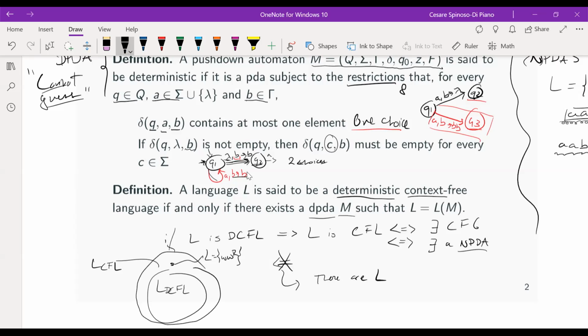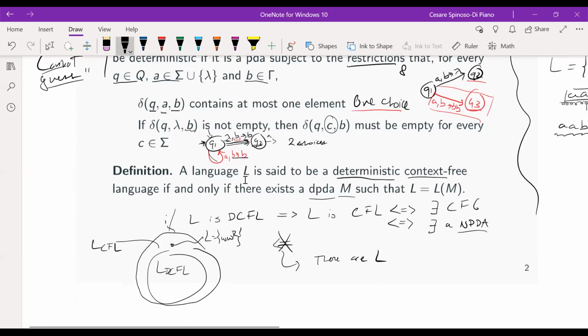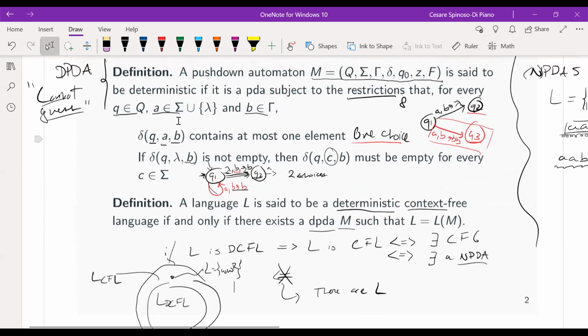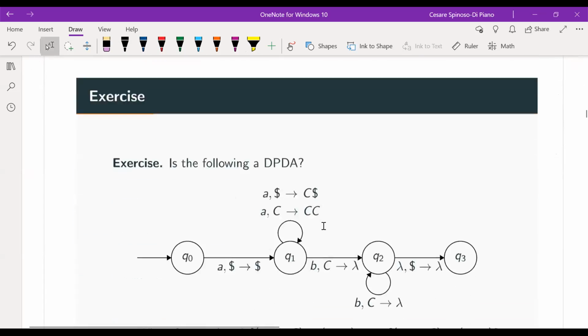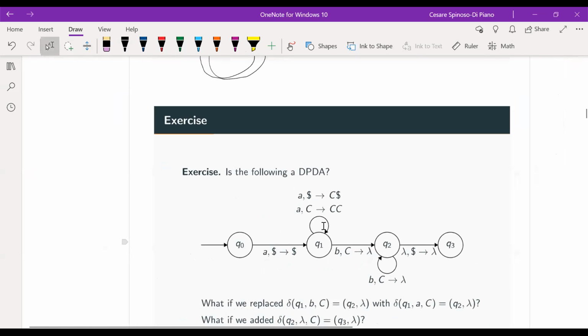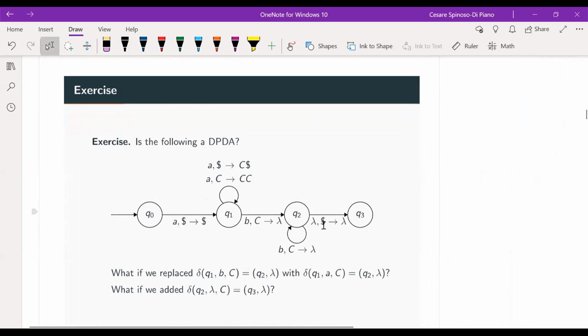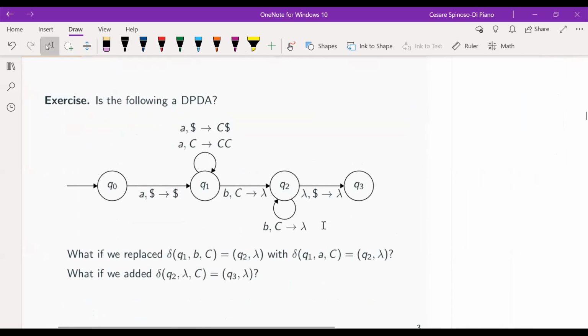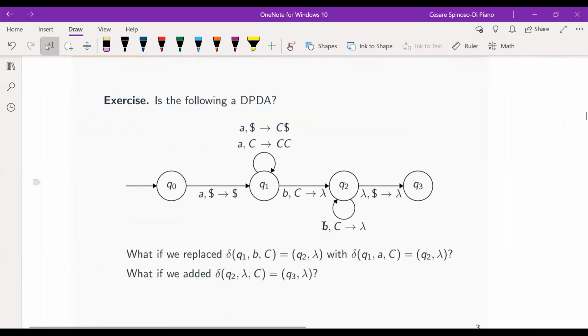So the language of palindromes is context-free, but it's not deterministic context-free. Okay, so I hope that's clear. As I said, this definition isn't super obvious, so that's why we're going to look at an exercise, and you're going to see it's not that hard. You just have to be careful with the lambda transition, and then the rest is going to be pretty